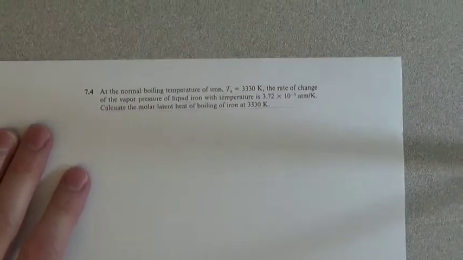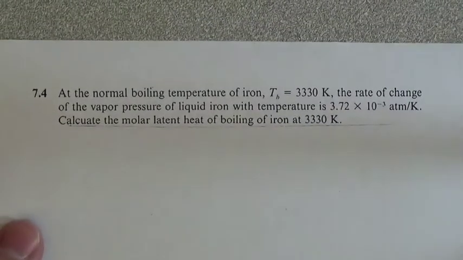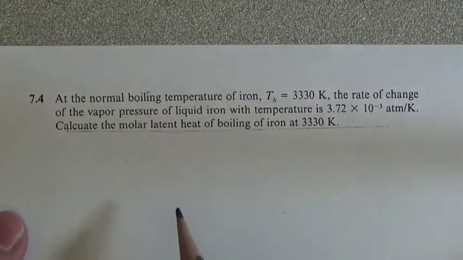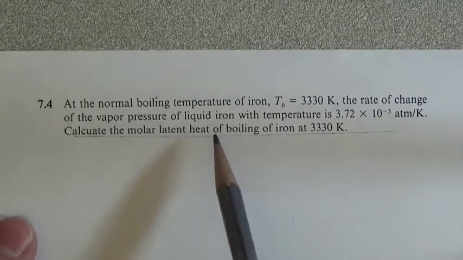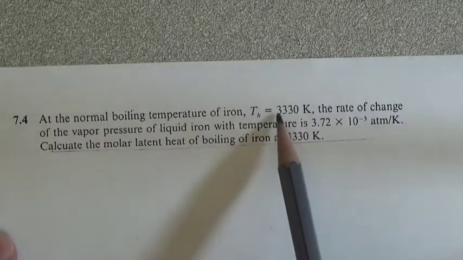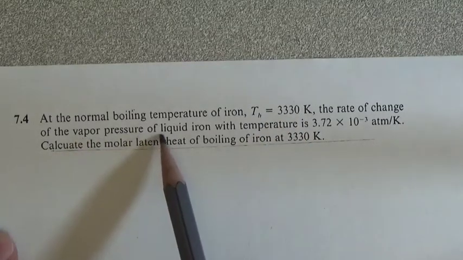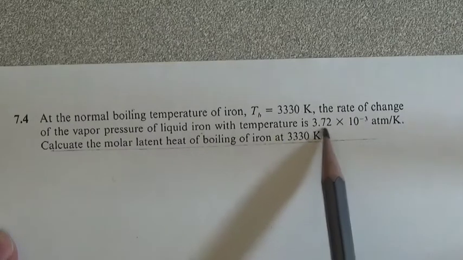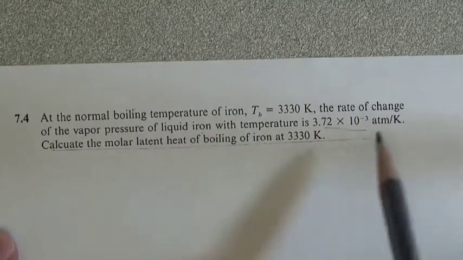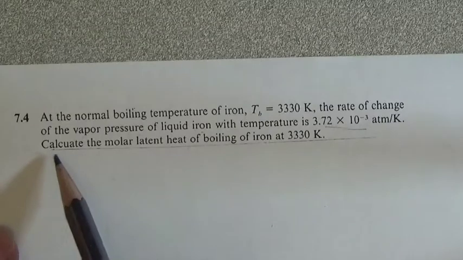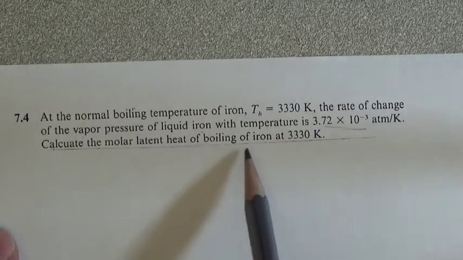Okay, let's work on problem 7.4. Problem 7.4 asks: at the normal boiling temperature of iron, which is 3,330 K, the rate of change of vapor pressure of liquid iron with temperature is 3.72 times 10 to the minus 3 atmospheres per K. Calculate the molar latent heat of boiling of iron